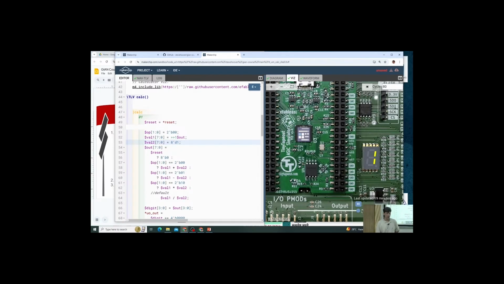So I updated the expression for val 2 to drive an 8-bit value of 1. Okay, and at this point, simulation is adding 1 to the output and showing me all the patterns. All right. So after lunch,